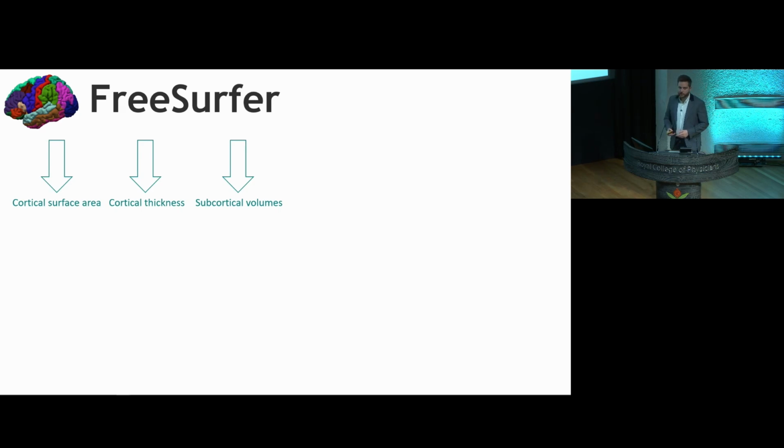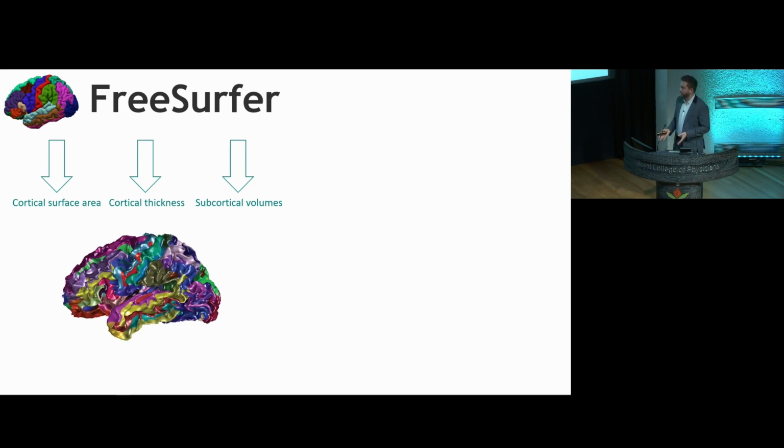So how did we go about the analysis? We asked the groups to send us their data from their previously completed research studies. So this is all in research contexts. And then we took all the data together and analyzed it in a program called FreeSurfer. If you don't know what this is, which I didn't 2 years ago, it's a commonly used neuroimaging software, and we use it to extract morphometric values from structural data. So this included cortical surface area, cortical thickness, and subcortical volumes.